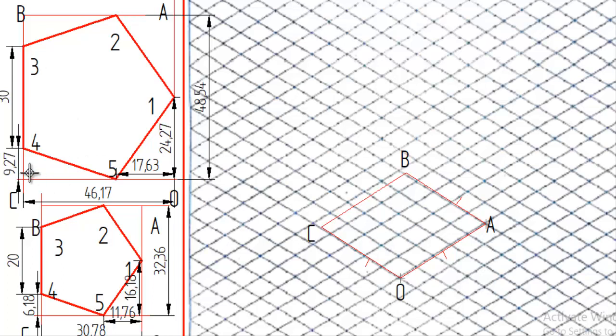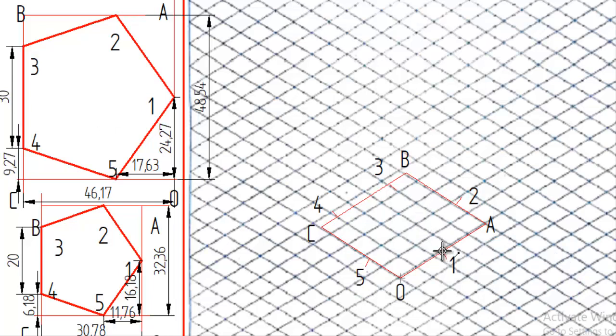And now between 3 and 4 we will have the same distance of say 9.2. So 9.2 means almost 9.9, one box. You can directly take one box itself, no issues. You can take it. And same way from B also one box you have to take and draw the arc. So now all the points we got. This is 1, and here we got the 2, and then here we got the 3, and then 4 and 5. So like this 5 points, that means corners, we got.